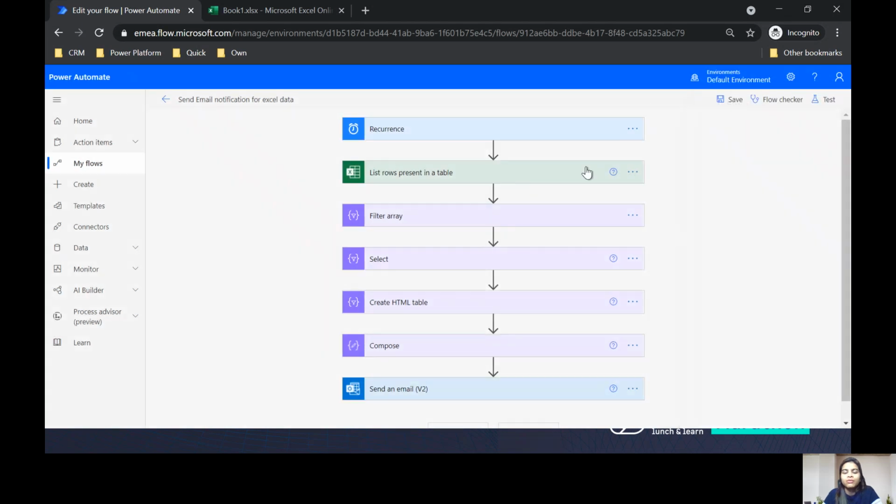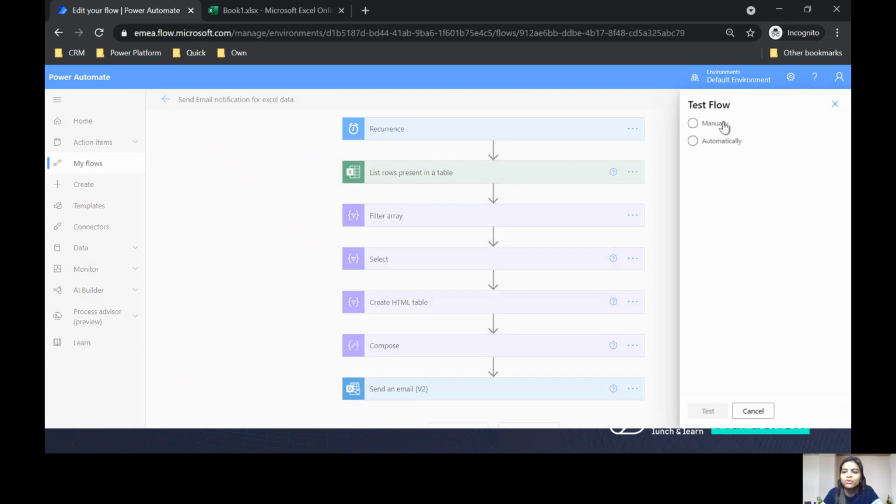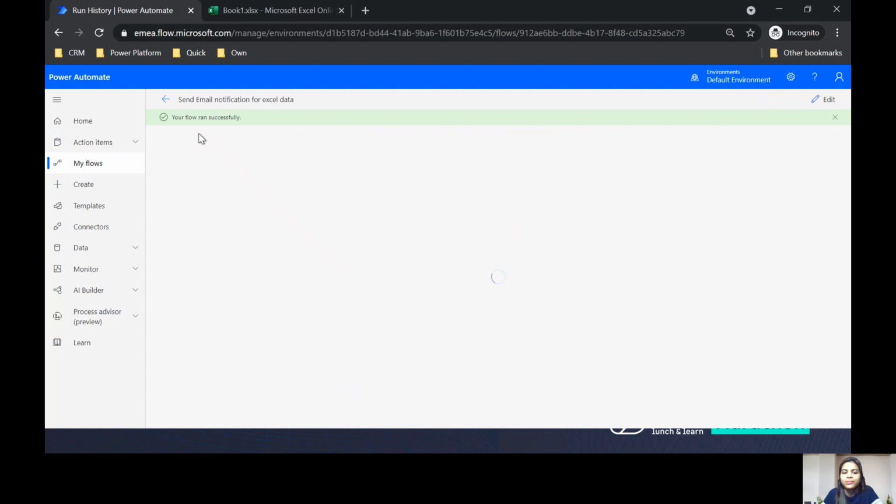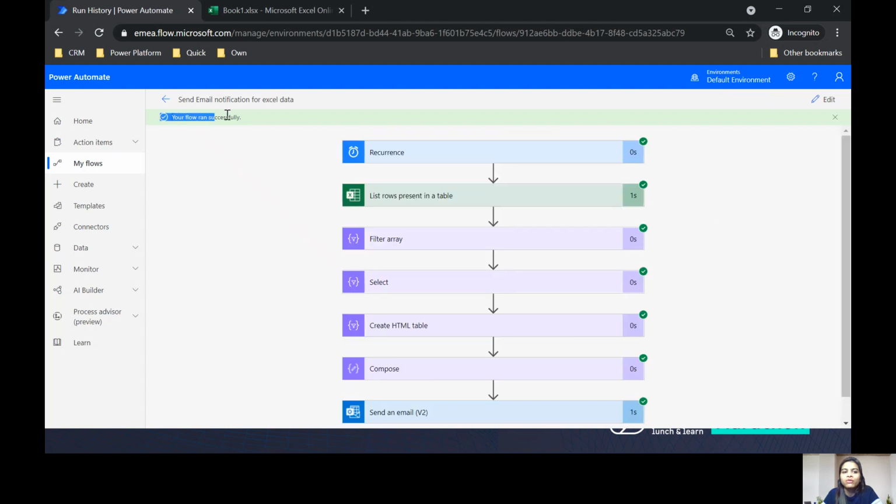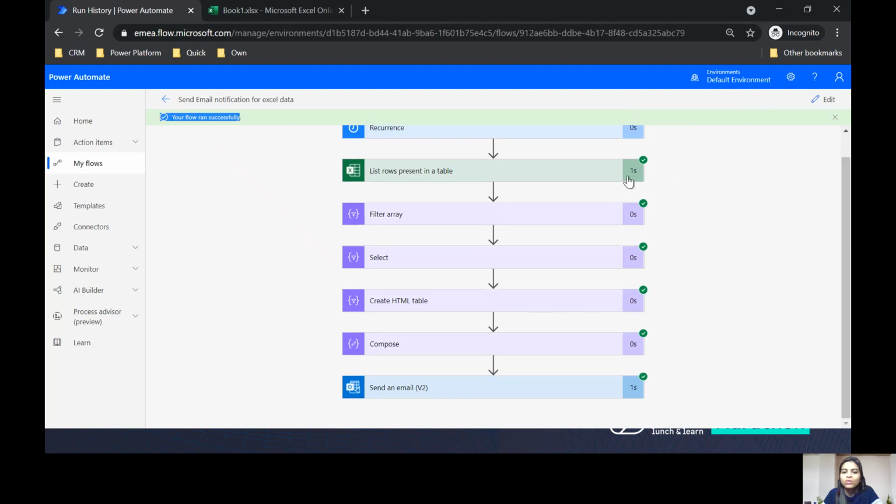When you want to run it irrespective of the occurrence, there is a button called test. So you click on test, then you click on manually. I'll come to the test section also. Then you confirm again that you want it to run. Once it is running, it will give you a notification that your flow ran successfully, and you see all the green text and 0 1 seconds.